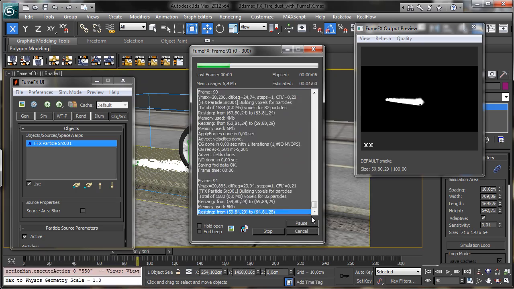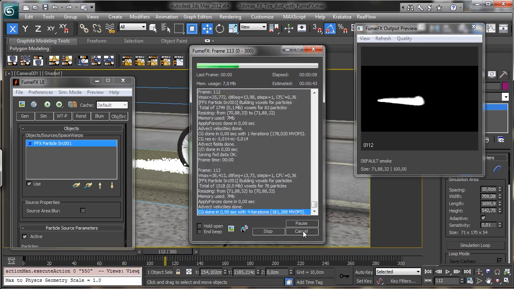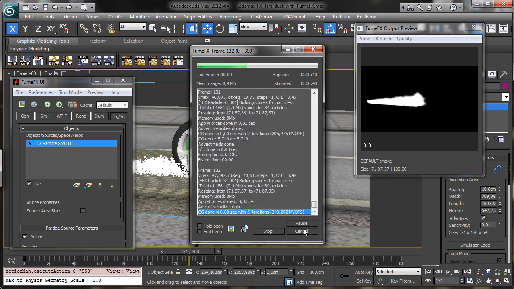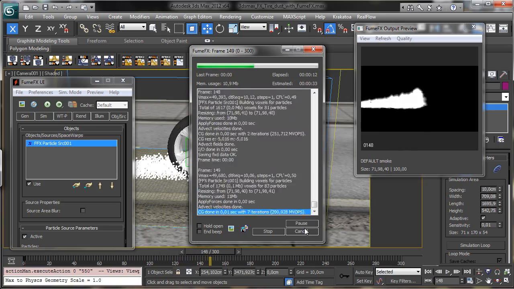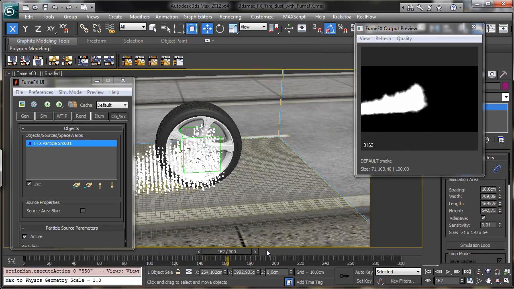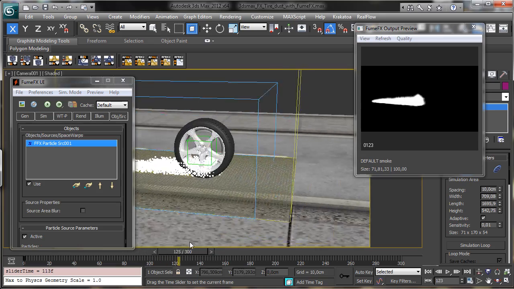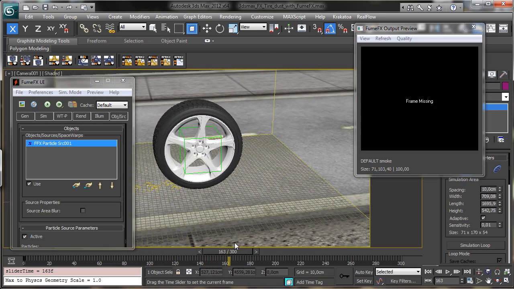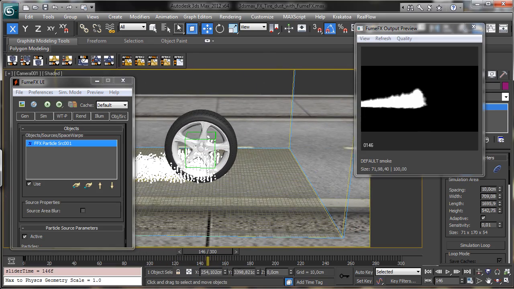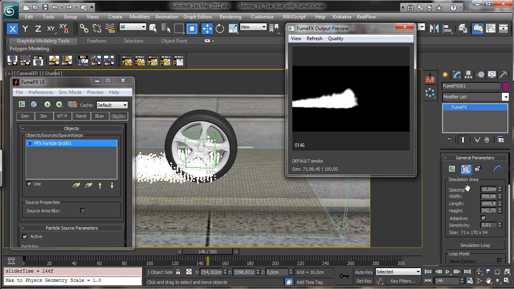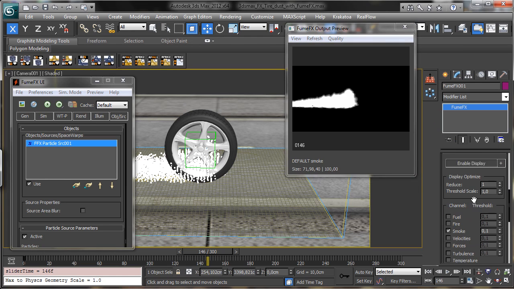You see that it's really bad actually. Let's remove for the moment there the visualization inside the viewport,